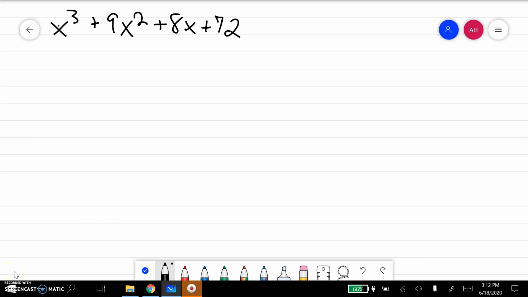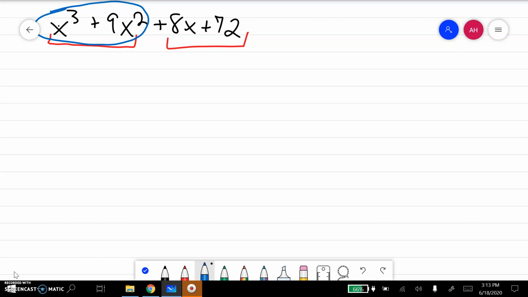Okay, guys, I had a question about grouping. So first of all, the way you know to group is if there are four terms. If there are four terms, then you group the first two together and group the last two together. And then you're going to look at the first two, just these to start with, and